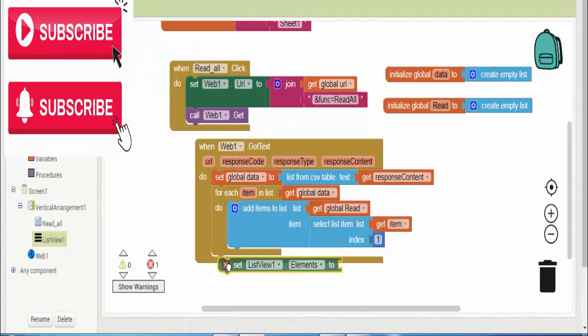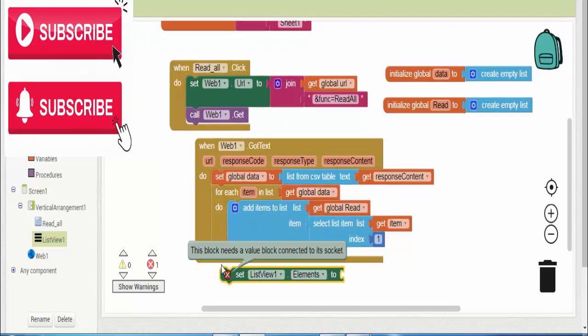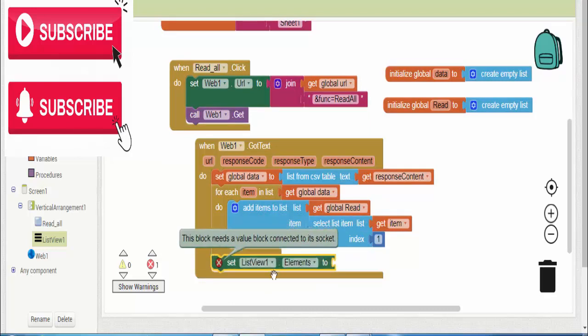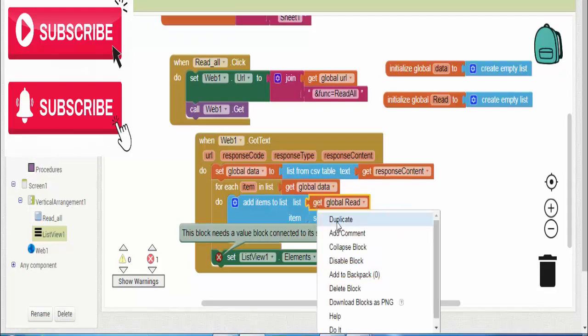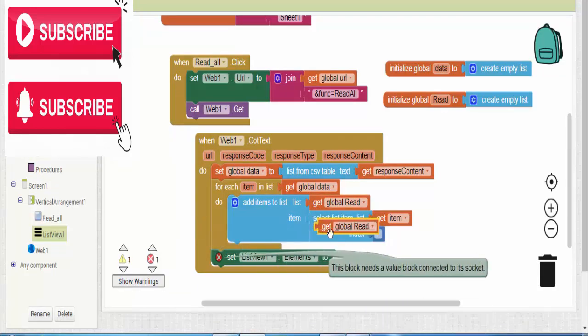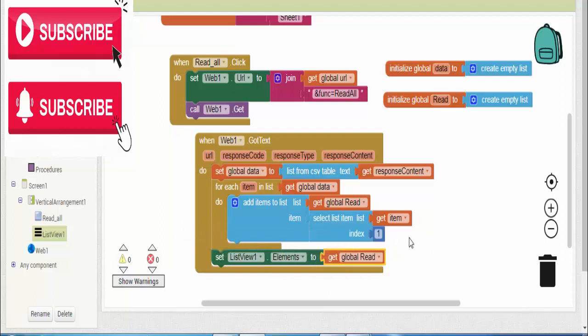displayed in list view. So that block we have to add. So set list view element to duplicate global read.